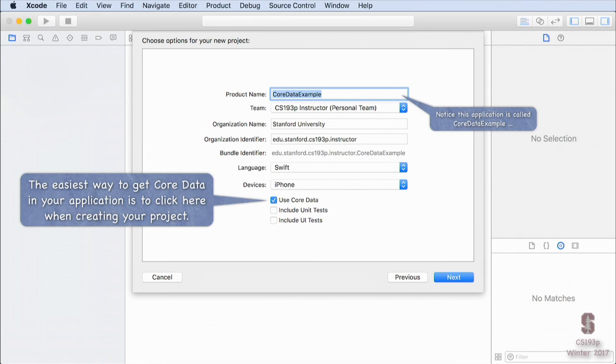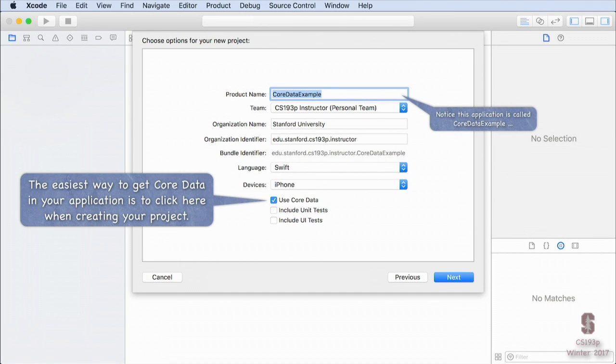First, if I want to use Core Data in my app, I'm almost certainly going to want to click this button that says Use Core Data. We've seen it every time we've created an app, and we haven't clicked it so far, but now we are going to click it. Clicking Use Core Data is going to create two things for us: this visual map and some code in your app delegate. And I'm going to talk about both of those things.